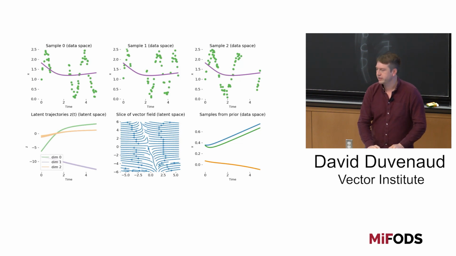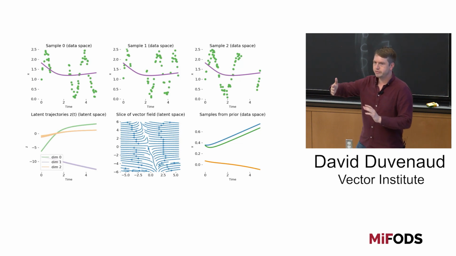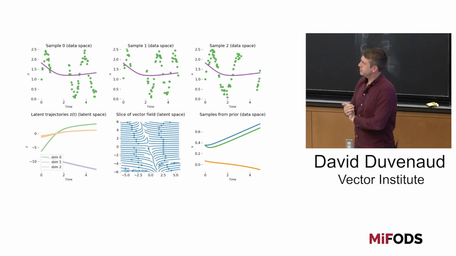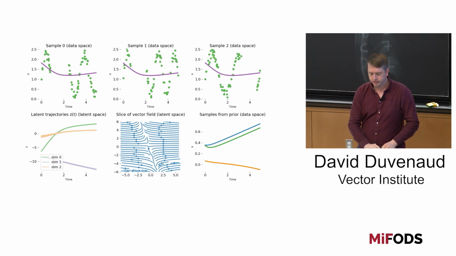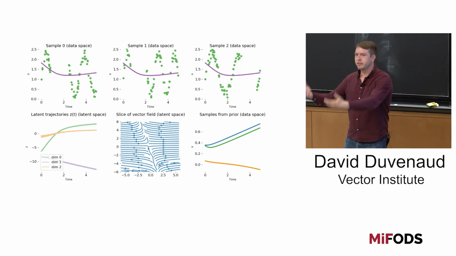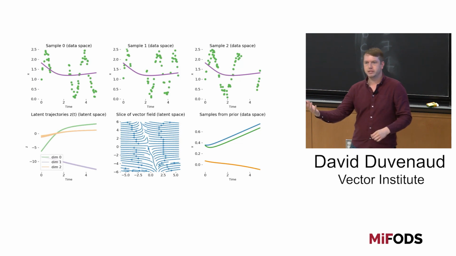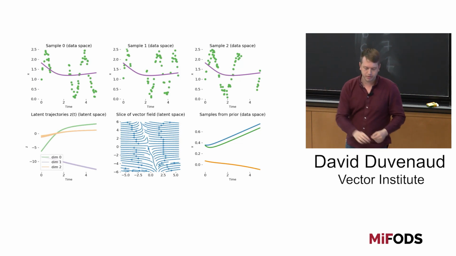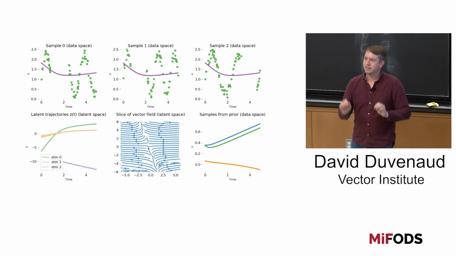This little whirlpool down here, that's showing F, or rather a two-dimensional slice of F. Our latent dimension here, I think, is 4 dimensions, and we're just showing a two-dimensional slice of it. So this is what the neural network is learning. And then once we've trained this model, we've implicitly defined a prior on functions that we can sample from by first sampling from Z0, which is just some Gaussian, it's not really important, and running our ODE solver forward.